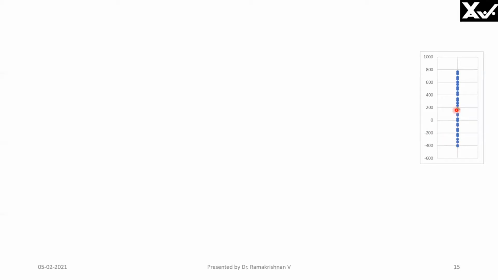Now, these are the y values, the response values in a vertical line, with the green diamond marker showing the average of the y values. Now, there is a variability of all the values from the mean. So, we have to find out the total variability. So, I find the difference of all the values from the mean, square it and add it. That is called SST, sum of the squares of total variability.